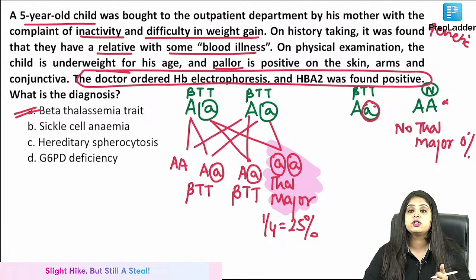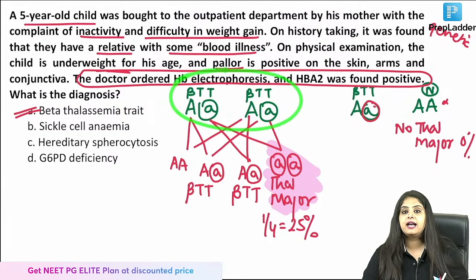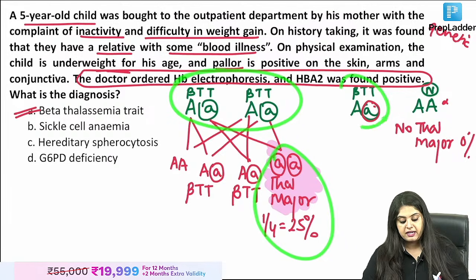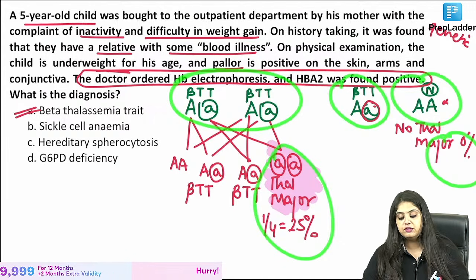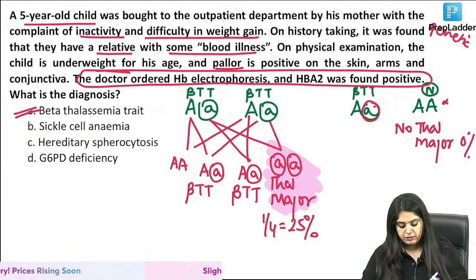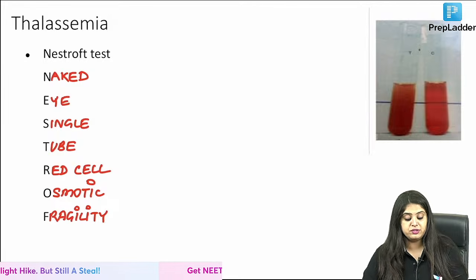You need to know this for your general knowledge in genetic counseling also. Two couples coming to you with thal trait, both having thal trait: 25% chance for the kid to have major. One having thal trait, one completely normal: 0% chance for the child having thal major. Okay, this is settled. Now we move on to the next question, which is important more for FMG students,